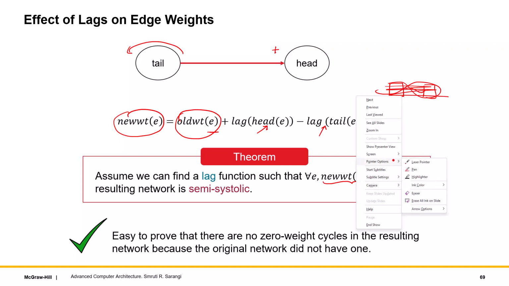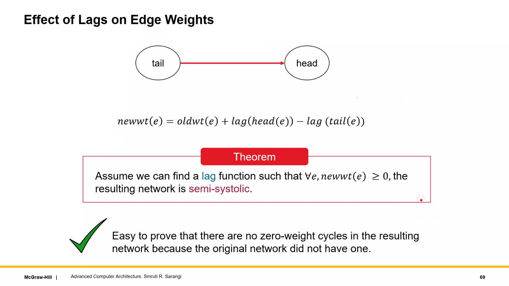So I had discussed this earlier, but we could take a look at this once again. It's easy to prove that if you are not changing any weights, finding a shortest path is always possible because there are no negative weight edges or cycles. As I said, we will keep on using this result, and we will also use one more result, which is that if there are no zero weight cycles,